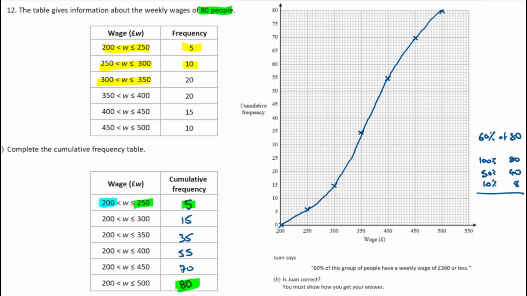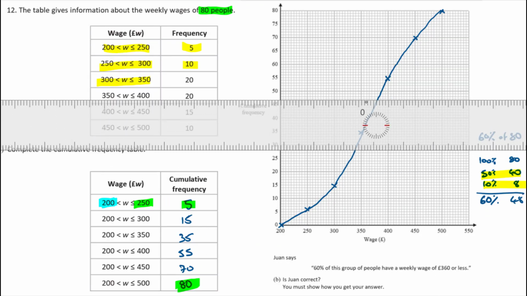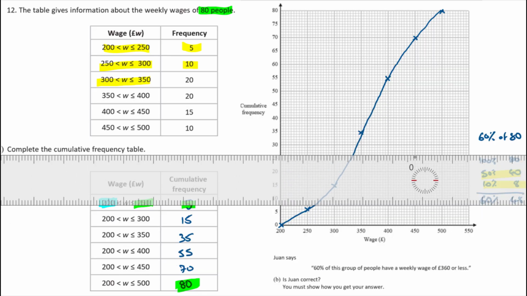So then 60% is going to be that one and that one added together, isn't it? 50 and 10 make 60. So 40 and 8 make 48. Okay, so 48 is what I'm looking up then on my cumulative frequency. So if I get my ruler out and then draw across from 48,